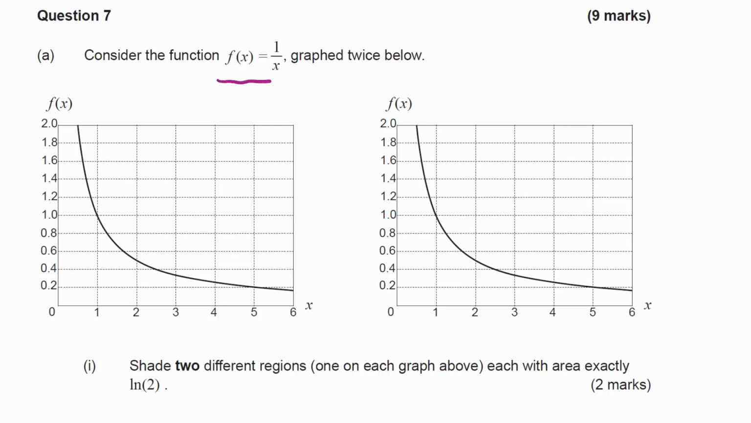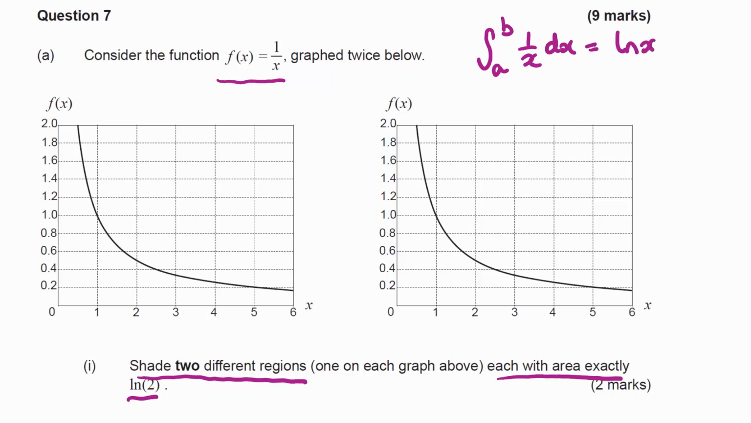Consider the function f of x is 1 over x, which is graphed twice below. We want to shade two different regions, each with area exactly natural log of 2. Well, we know that the integral from a to b of 1 over x dx would be log x